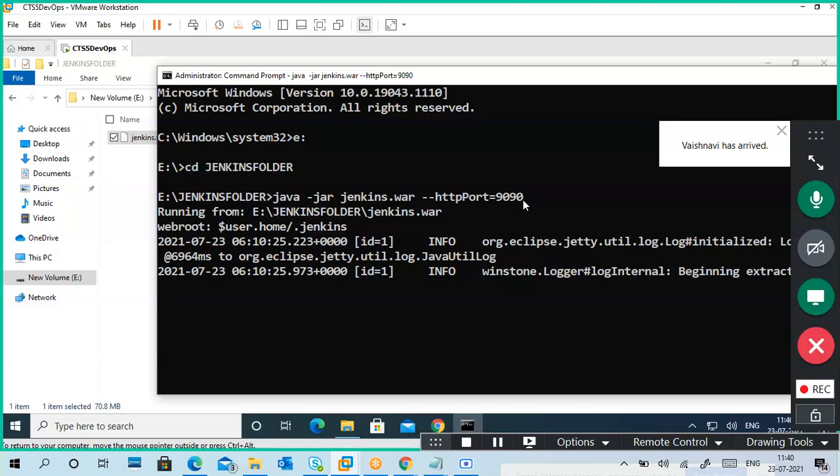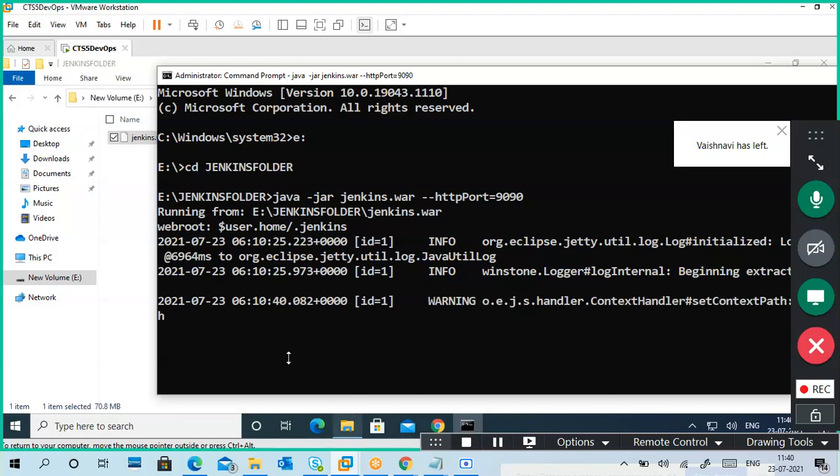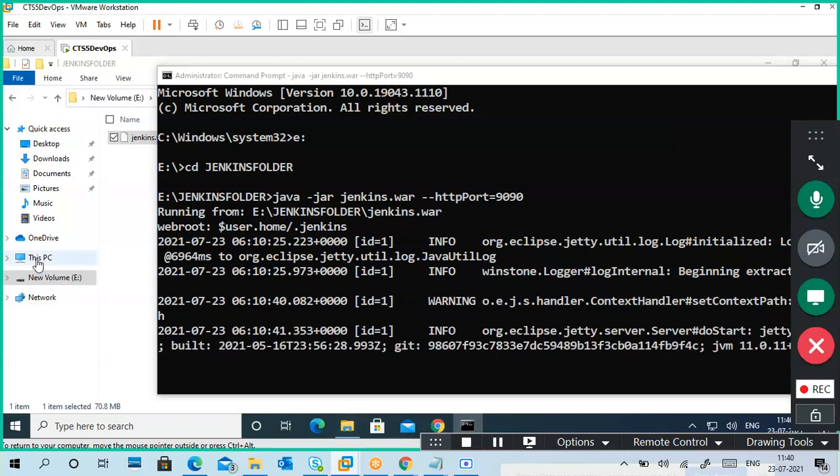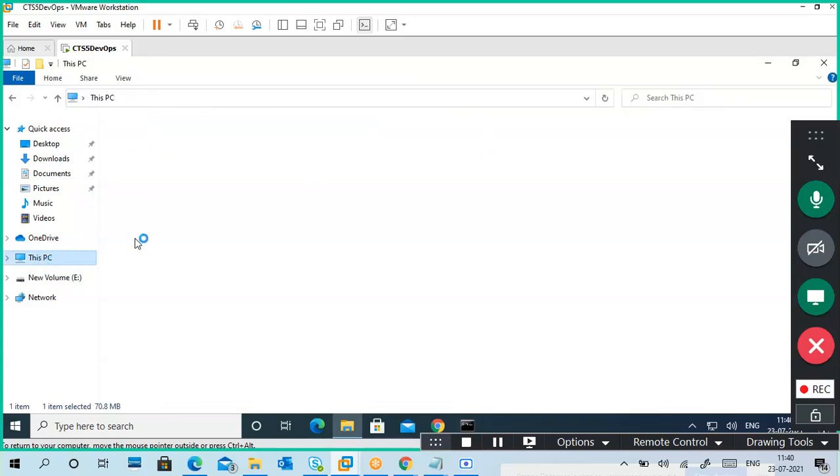If you download an .exe package like that, it goes to $user.home/.jenkins, which means in your C drive.